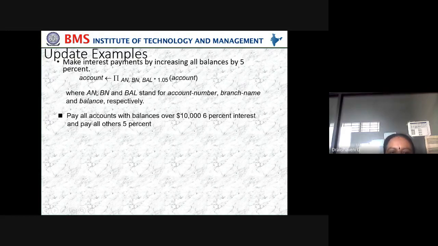Where AN is the account number, BN is the branch name, and BAL is the balance. We need to add the interest to the balance. Then pay all accounts with a balance over a certain amount 6% interest, and pay all others 5%.